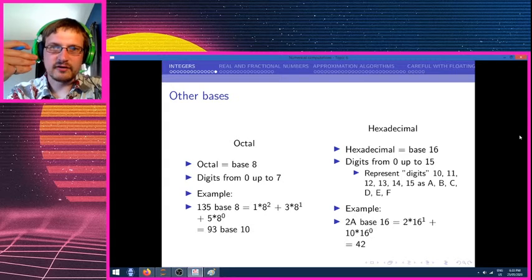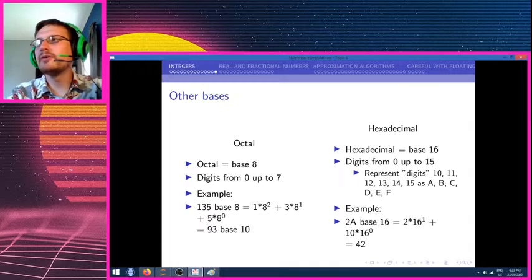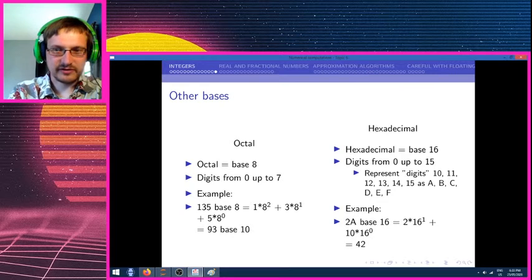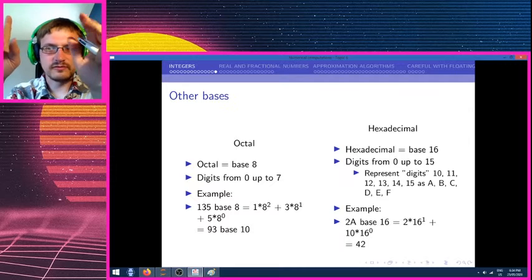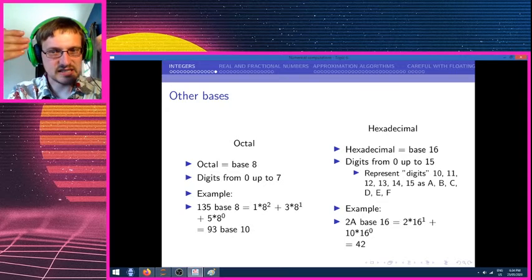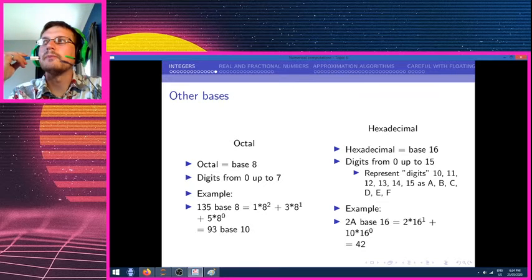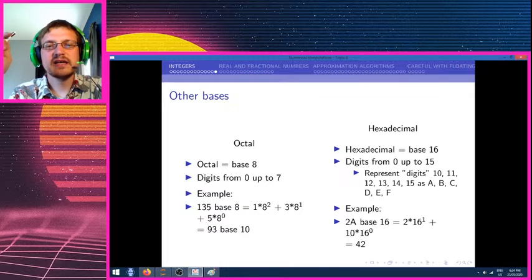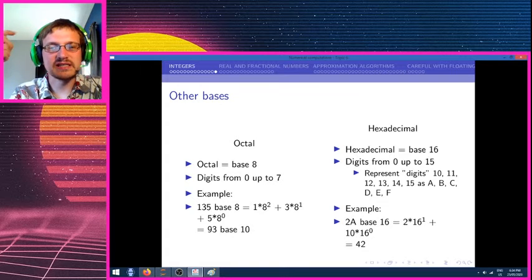Since we don't have single digits for 10, 11, 12, we do have numbers for them, but they are compound numbers, right? They are composed of more than one digit. So we have single-digit indicators for the values of 10, 11, 12, 13, 14, and 15. They are A, B, C, D, E, and F, which is why sometimes if you look at really old passwords and stuff, you'll see mnemonic phrases that are written using just A, B, C, D, E, and F. I think there's a bit of that in one of the assignments upcoming as well. But anyway,